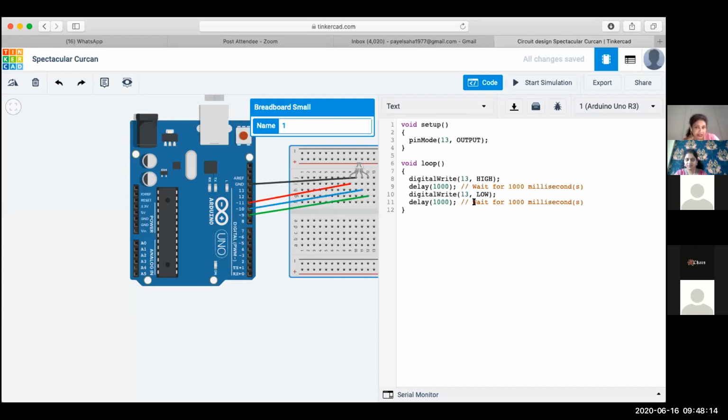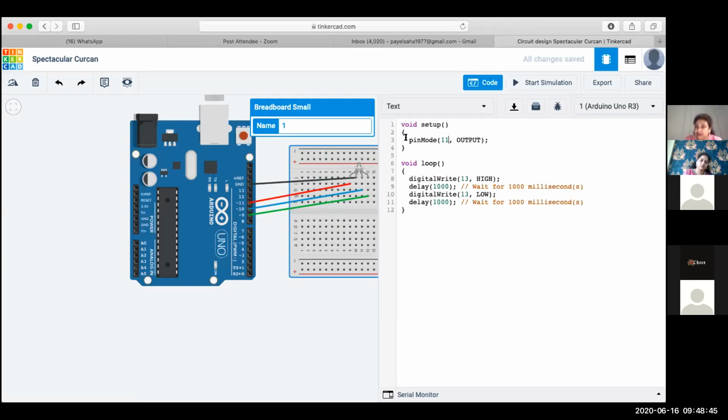Okay, so there are two main parts within the Arduino code. This is the default text which comes. But in our configuration, have we used pin number 13? We have not. Which pins have we used? Pin number 11, 10 and 9. Those are my output pins, the PWM pins I have used to power up this RGB LED. So I'll write pin number 11 is an output pin. Also pin number 10 and 9 are output pins.